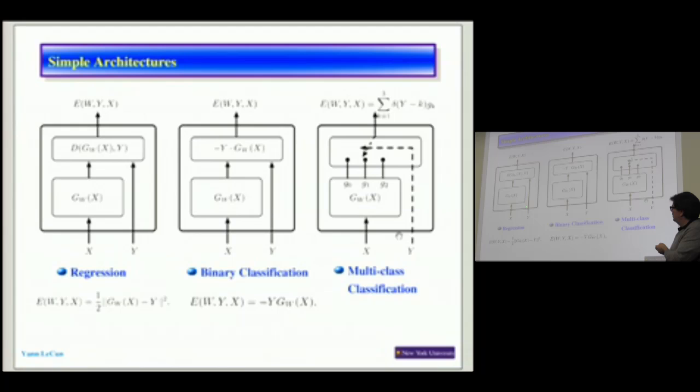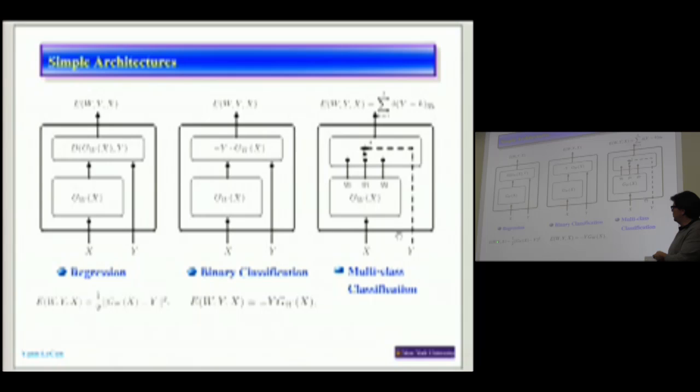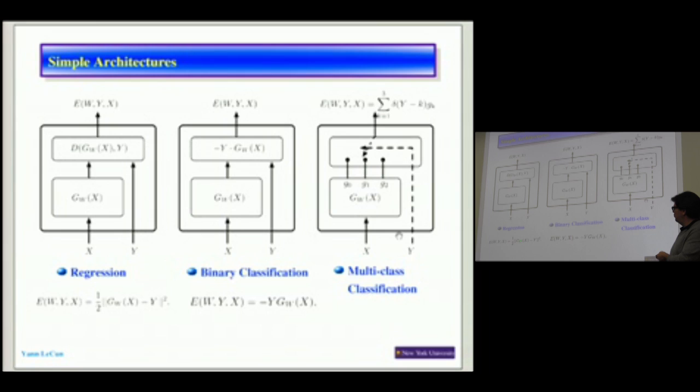Generally we make this function convex, say square. So this is least square regression. E of w, y, x is equal to 1/2 the Euclidean norm squared of the difference between y and GW of x. GW of x is whatever comes out of this box. If GW of x is linear in w, then it's just linear regression with least square